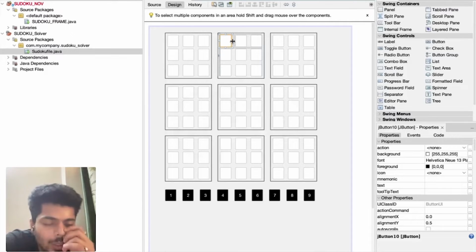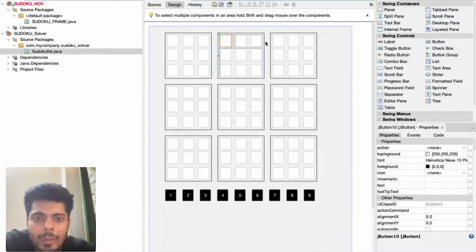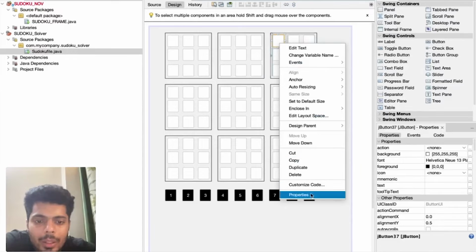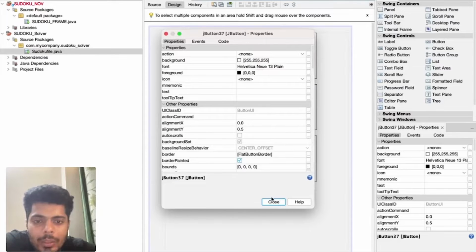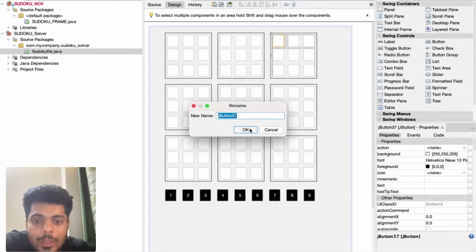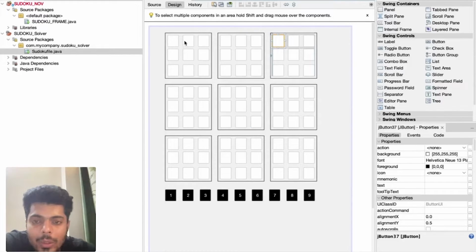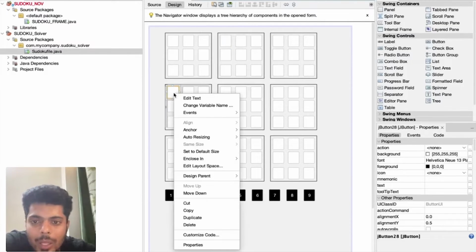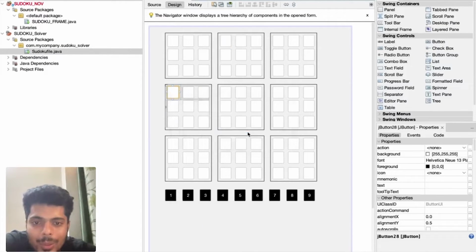So now the naming convention goes in this way. This must be 19, something like this. This is 37. I guess it went like this: 9, 18, 27. I guess in this way or whatever way it is, we just have to conclude that also. This is a tedious task to conclude.